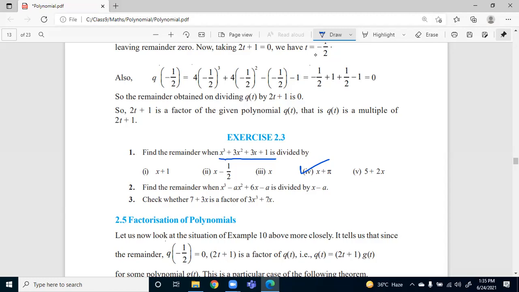Yes. So if I put this divisor equal to 0, I told you that whenever we have to solve it with the help of remainder theorem, I have to equate the divisor to 0. So I got the value of x as a. Now substitute this value of x in the dividend. So it becomes a to the power 3, that is a cube minus a, and in place of x, I am substituting a, so a square plus 6a minus a.